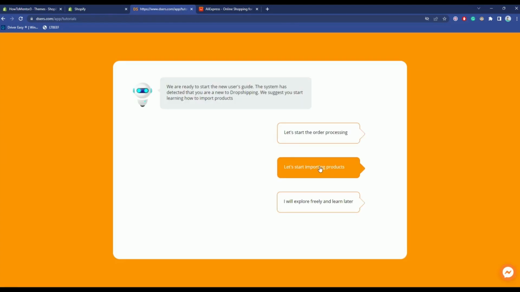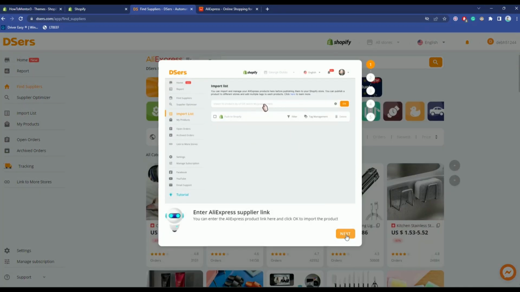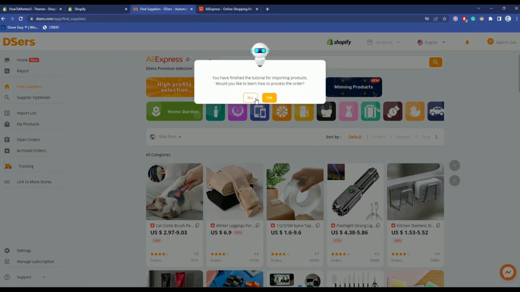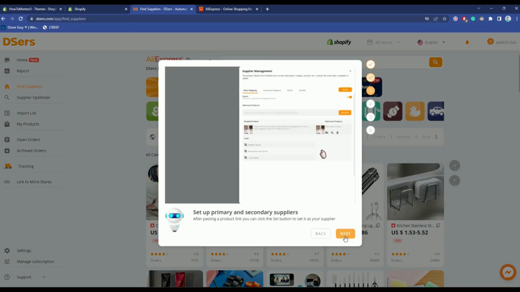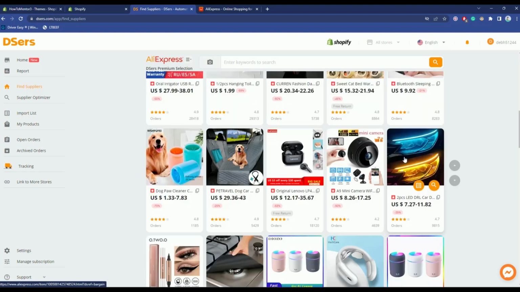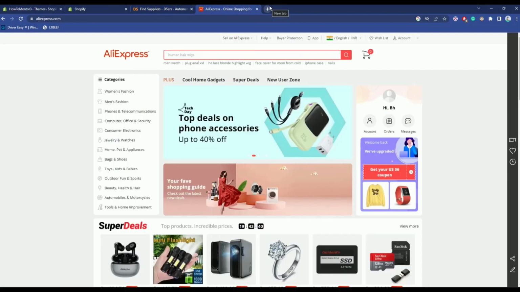Now click let's import products. Now quickly just simply click on next, then hit OK, then again next, then again OK. Now after you have done that, you can see all of the products from AliExpress in your Deezer site over here. Or what you can do is just simply go to AliExpress, then open a new tab